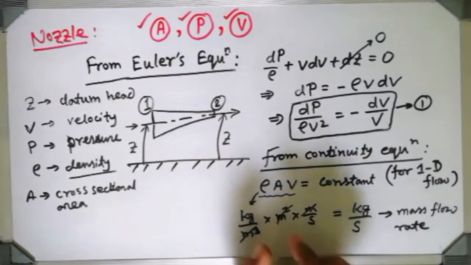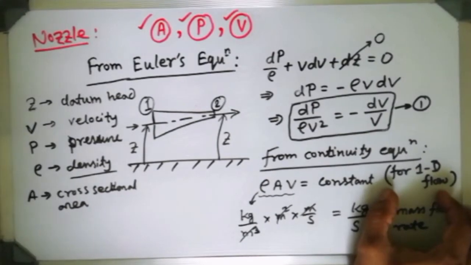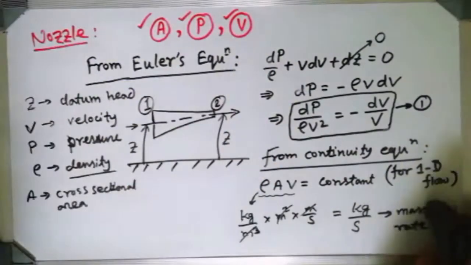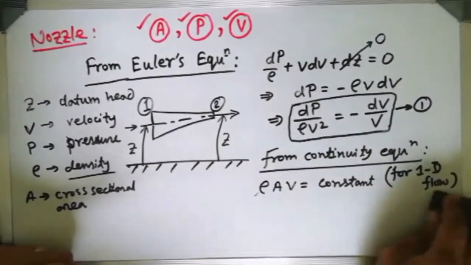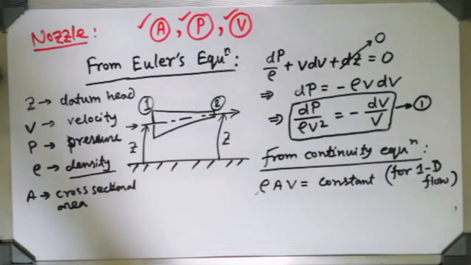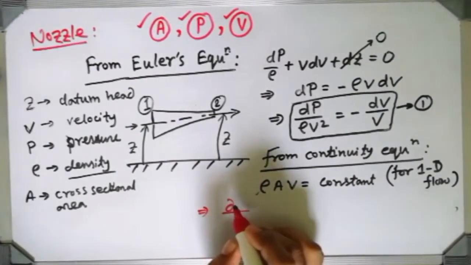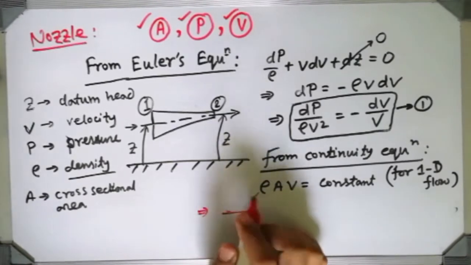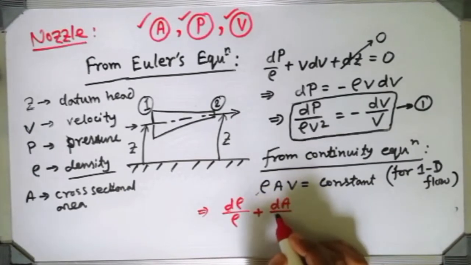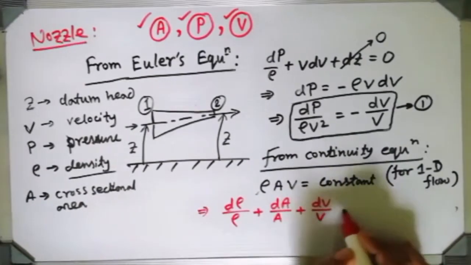Can you tell me, if this is the form of the continuity equation in one dimensional flow, then what will be the differential form of this equation? Do you know the differential form? Simple one. Let's see, can you understand or not? Yes. Thank you. So the differential form will be like this. If you have any confusion, then you can shoot me.